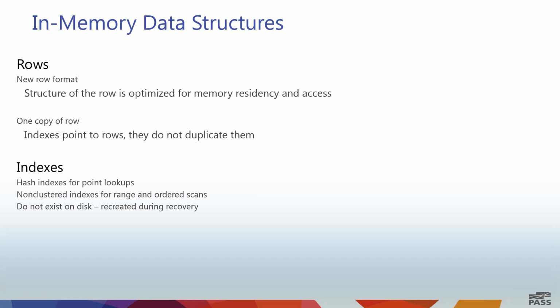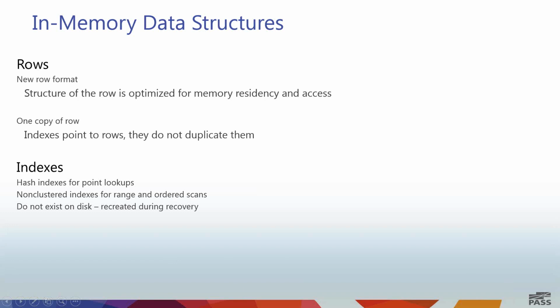This non-clustered index behaves, from a behavior point of view, pretty similar to a traditional non-clustered index on a disk-based table. However, the implementation is very different. We have a structure called the BW tree, which is a variation of a B-tree, optimized for in-memory and for high concurrency. It is a latch-free structure, and the pages in the BW tree don't have a fixed size. They have a variable size. They're always packed. Also, I think I forgot to mention this on the slide, all these indexes are maintenance-free.